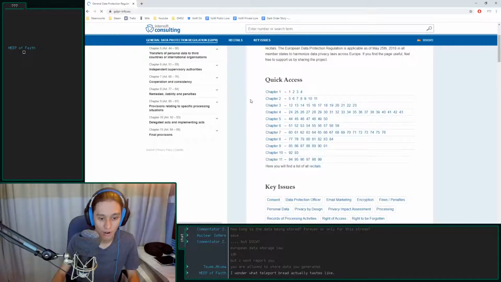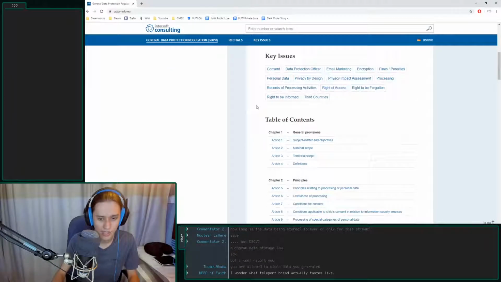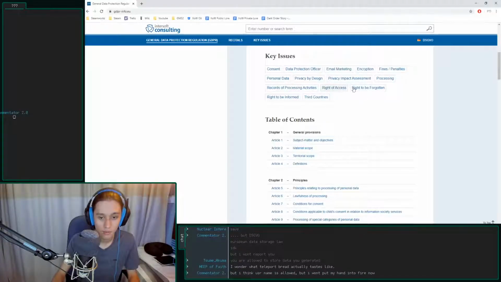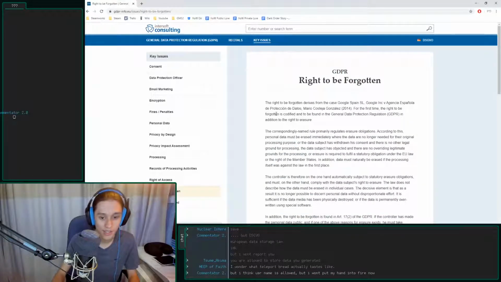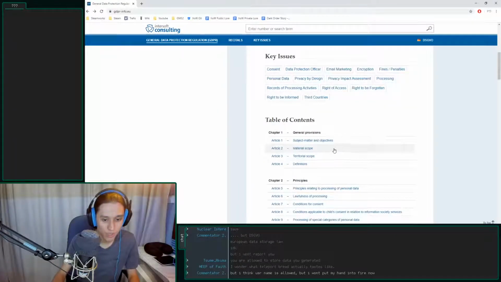Let's have a look. Oh, there are 11 chapters and 99 pages. Okay, key issues: consent, data protection officer, the right to be forgotten. Okay, that's important. I mean, usernames are allowed.